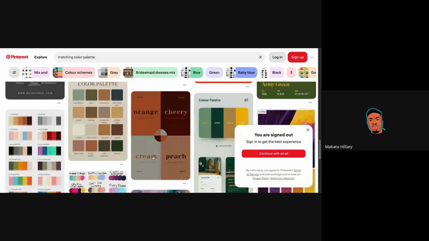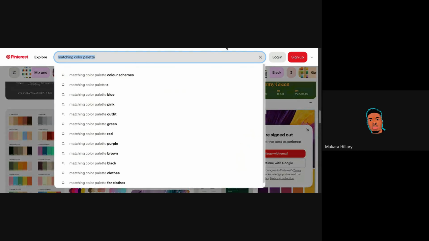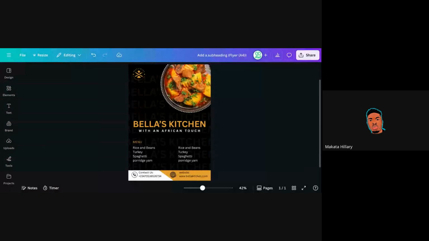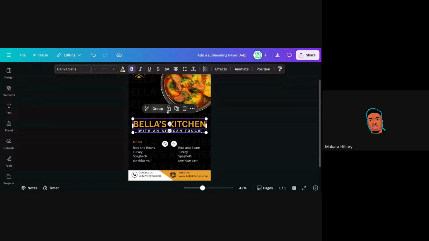You can also search for matching colors on Pinterest, just to not mix up colors. Because if you end up mixing multiple colors that don't match, you have a problem. It is going to make your design very, very shouty, in the sense that, like I showed you guys before, if you add green color here,